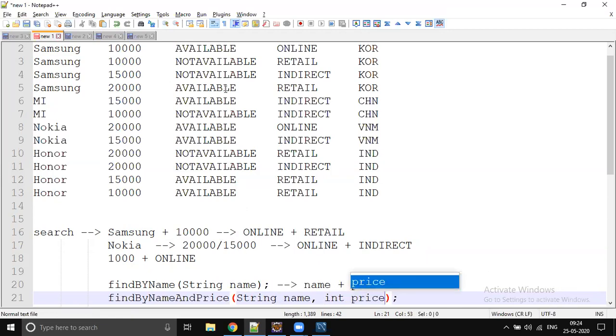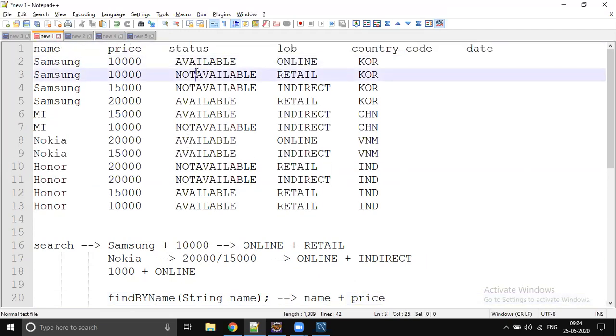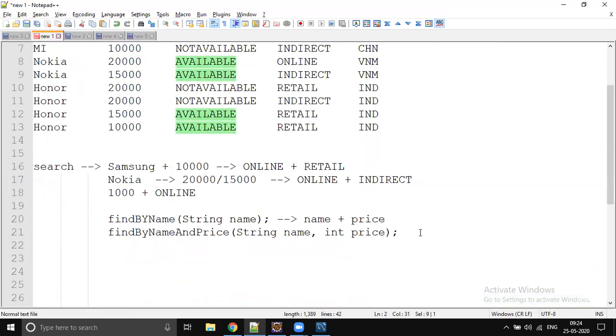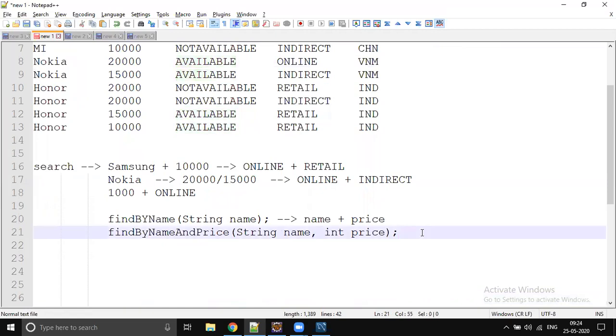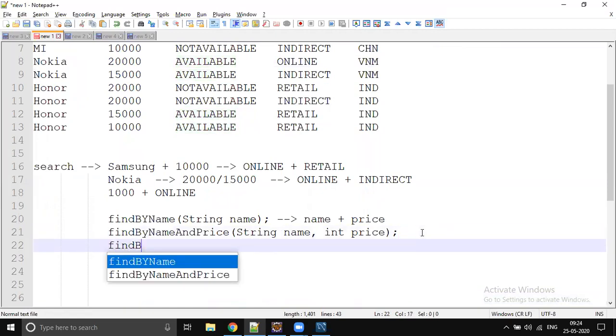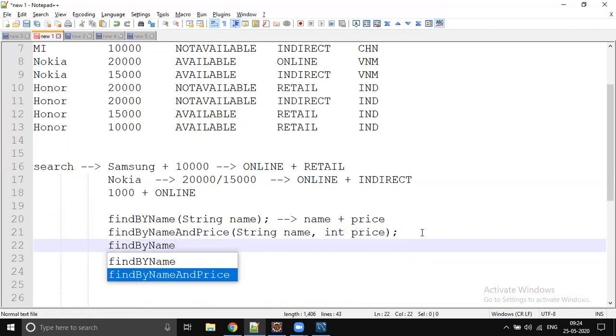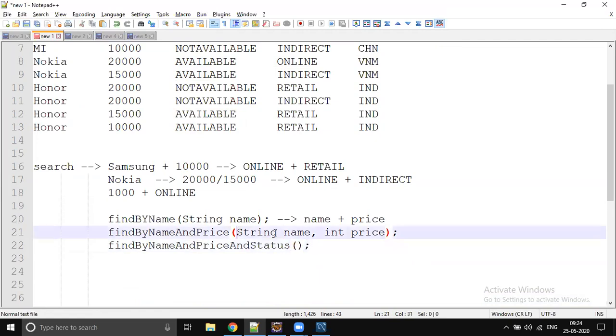But all of a sudden the customer says, I want to see only available ones. Some stock is available, some stock is not available. So the customer says the status is available. Oh, status won't be supported. Okay, let me write one more. Find by name, price and status.